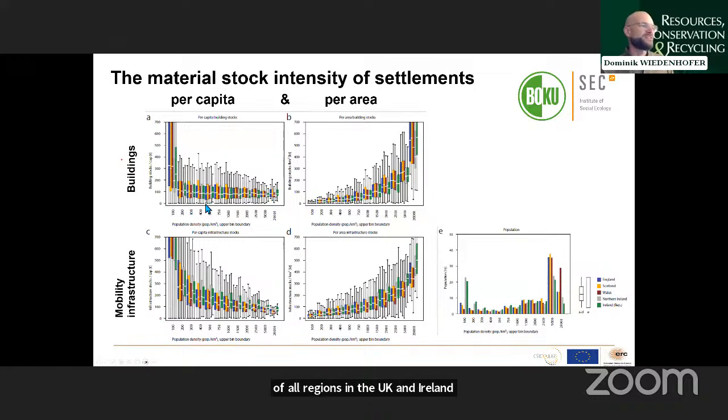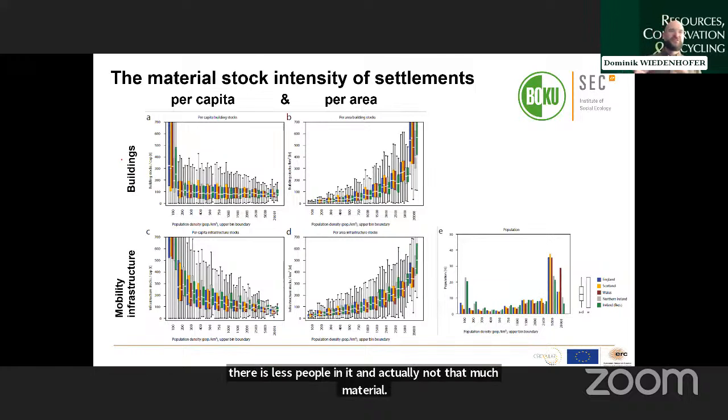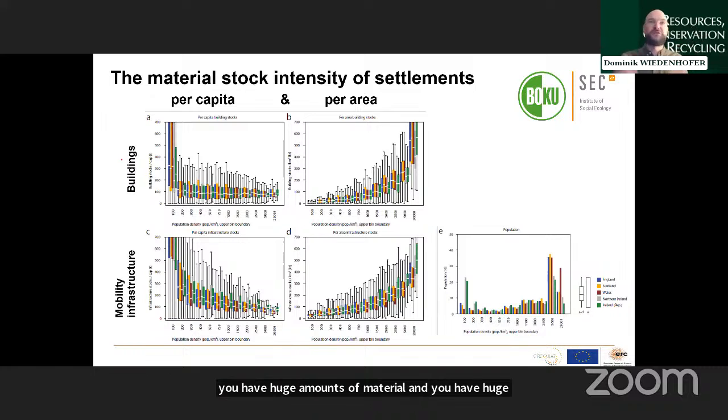So that's a lot of colors, but basically what you're seeing is that for nearly all population density gradients, the building stock per capita is actually very similar. So yes, the single family house needs more space, but there are fewer people in it and actually not that much material. If you have a skyscraper, you have huge amounts of material and you have huge amounts of space, which is not useful floor area actually, because you have elevators, you have hallways, you have all kinds of facilities